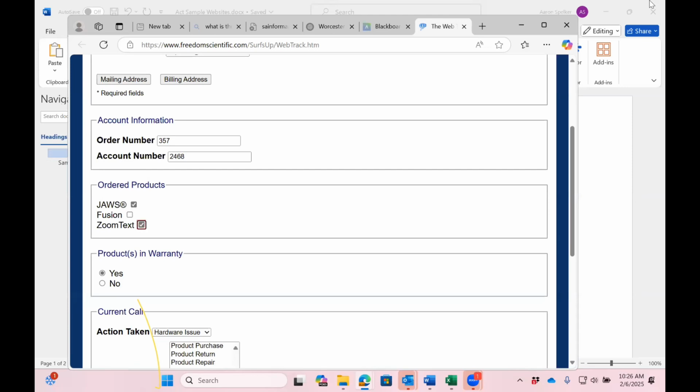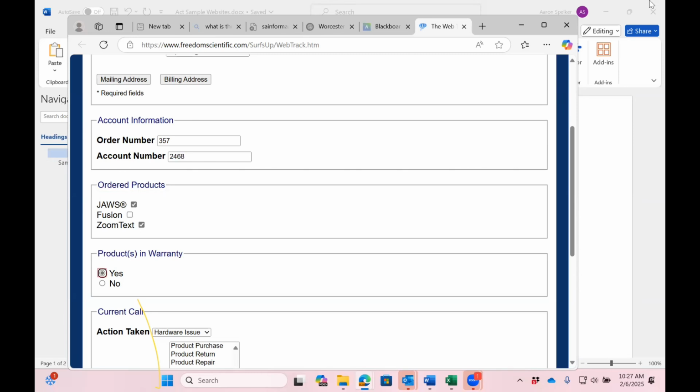Okay, and then I down arrowed after Zoom text, and if you heard it, it said group end ordered products, which lets me know that is the end of the list of things that I can check or uncheck in this list of checkboxes. So I know I have seen all of the available choices, and I've checked the ones that applied, which ensures that I didn't miss anything in filling this out. So now that I'm at the end of the list, I'll press Tab to move on to the next form